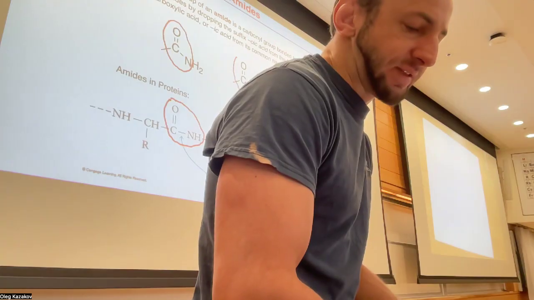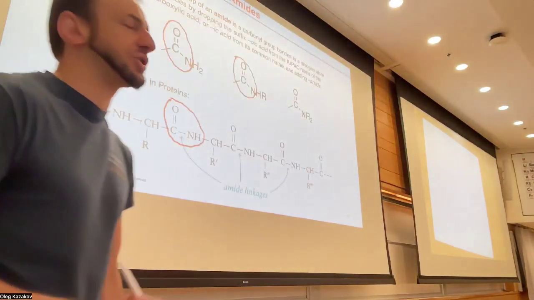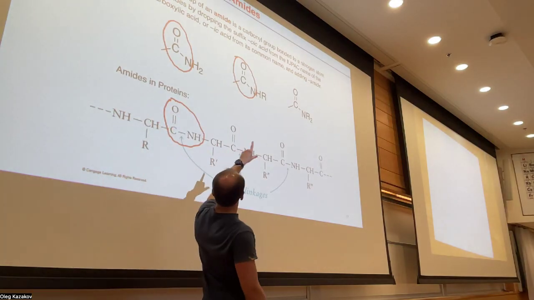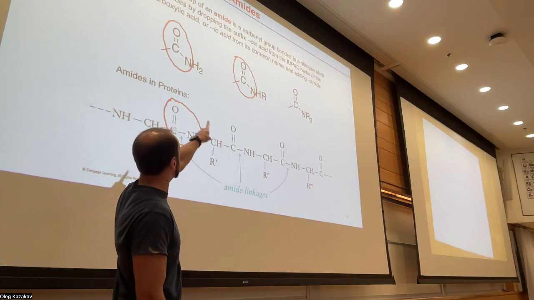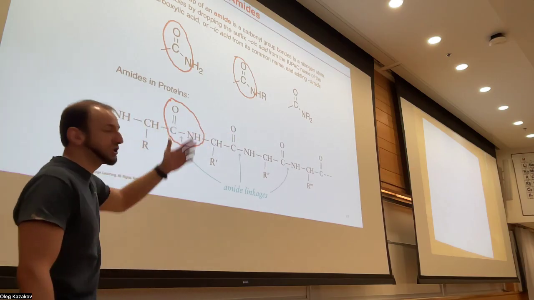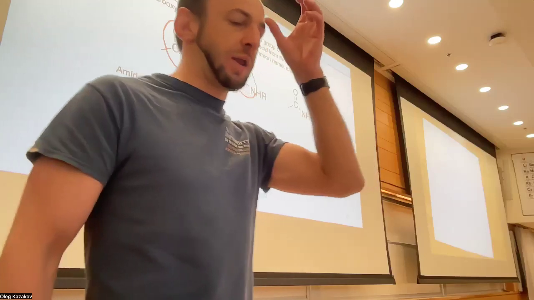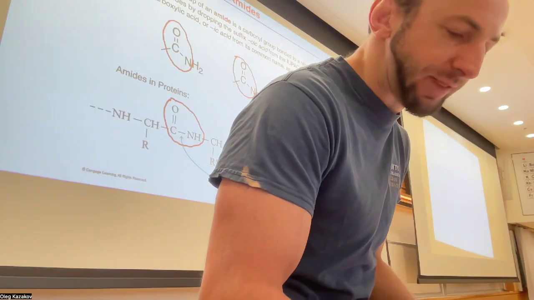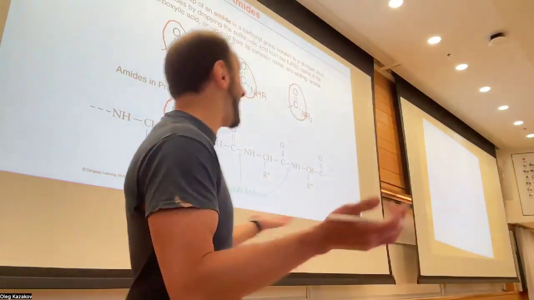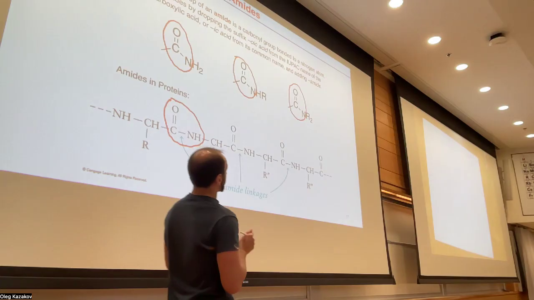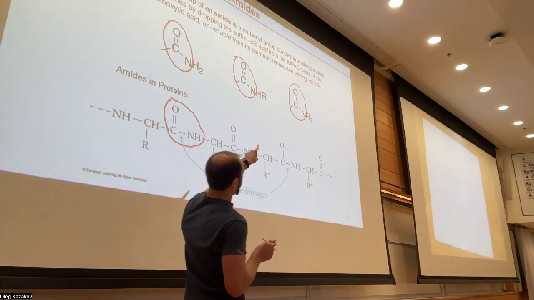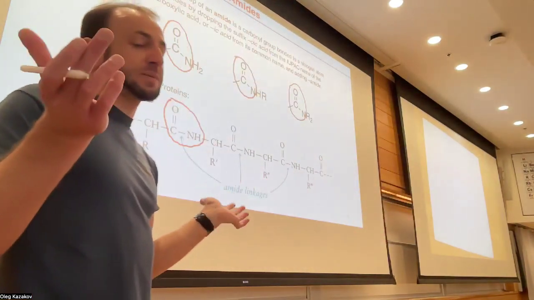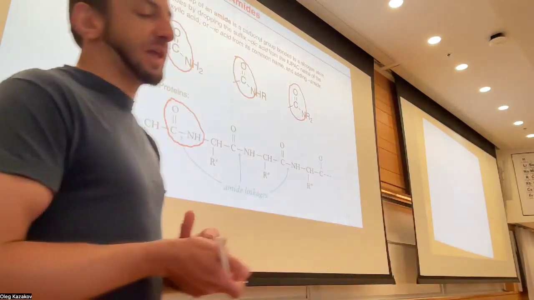I'm saying CON because to the nitrogen, you can attach different things. Maybe it's going to be a couple of H's on the nitrogen. Maybe you are going to switch one hydrogen to some kind of alkyl chain. Maybe you are going to switch both hydrogens to something else. But still, you have the amide, which is going to look like that. So that's how we can describe it. It must have the carbonyl, and the carbonyl carbon is attached to the nitrogen. So that's your amide.